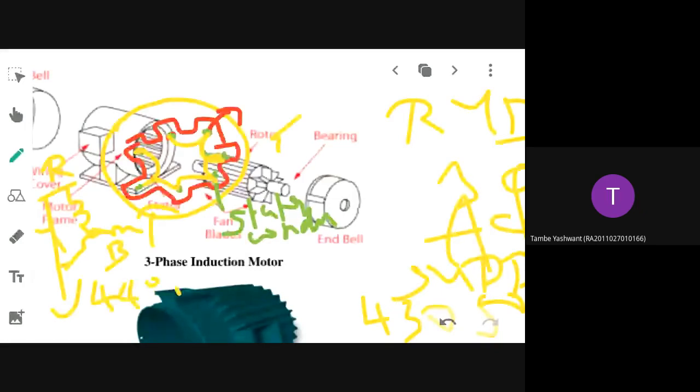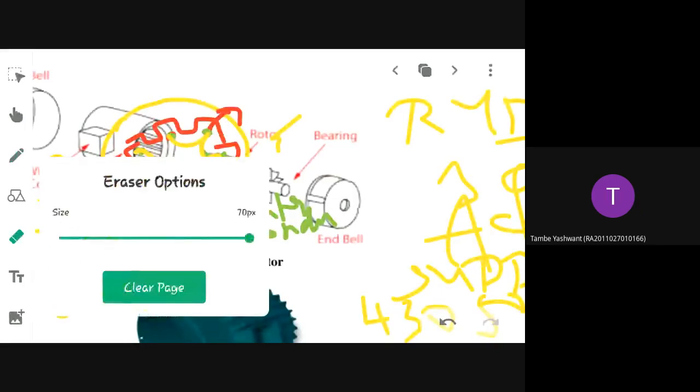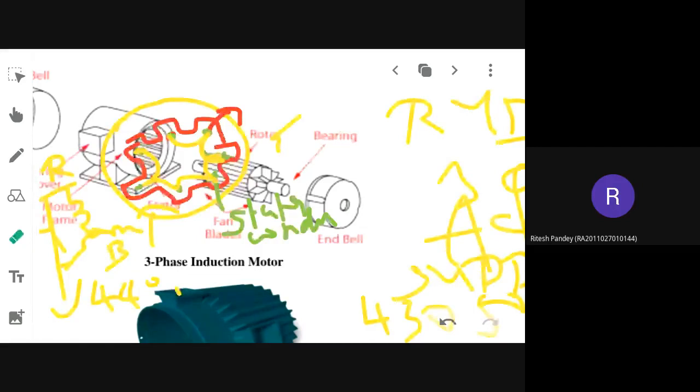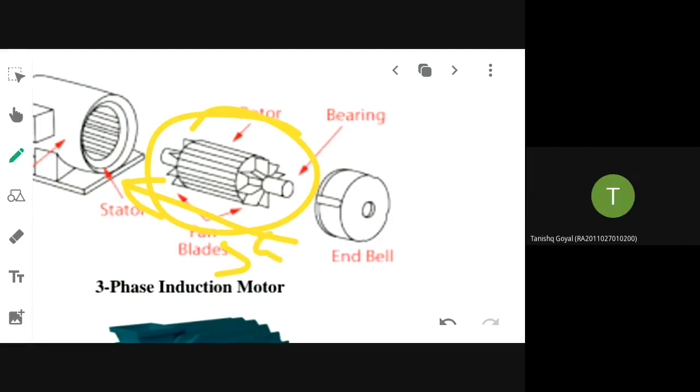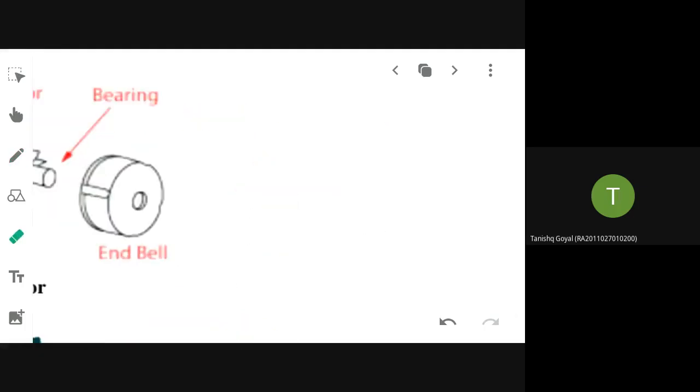This is all about the stator, or rotor? Stator. Alright. So in this assembly you will be inserting the rotor. This rotor, I already told you, is the squirrel cage rotor type, and how it is constructed. Now the thing is the working principle.